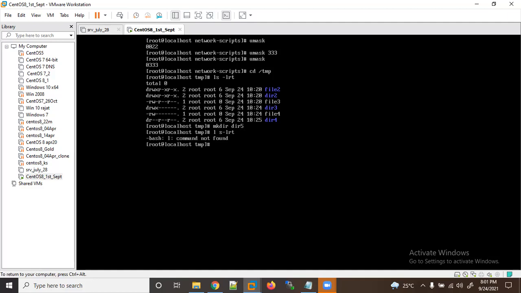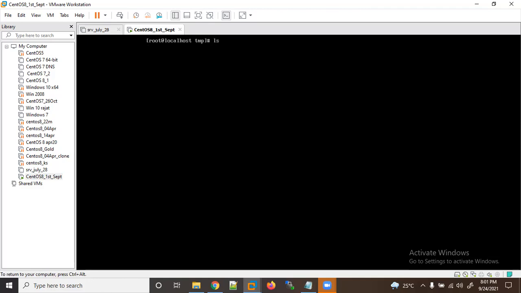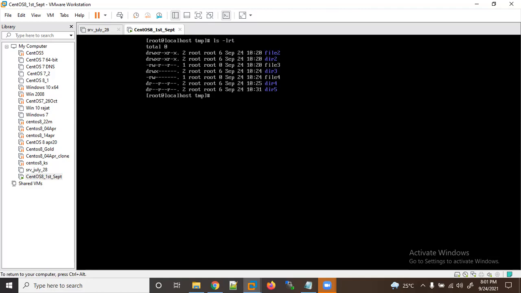So now you can see ls -lrt, I'm getting r--. It's not valid. Suppose I'm a test user; as a root user I can go inside, so for me there is no challenge here. I'm a super user, so I'm able to go inside. That's okay, but for a normal user, this permission is not valid.